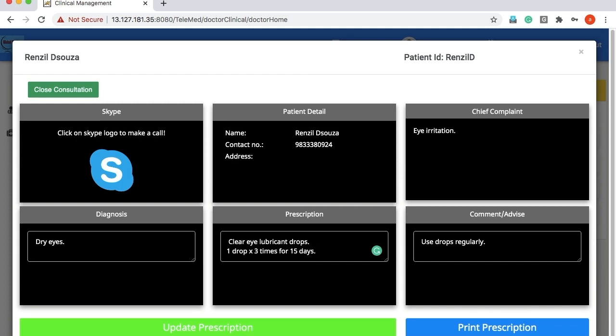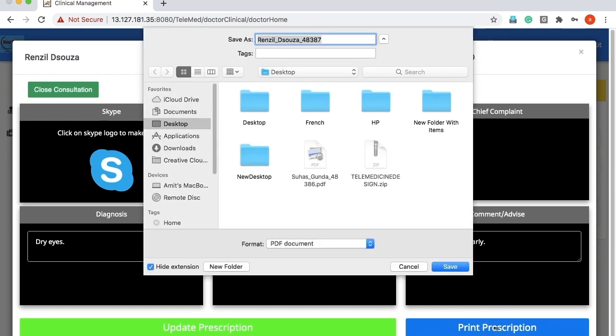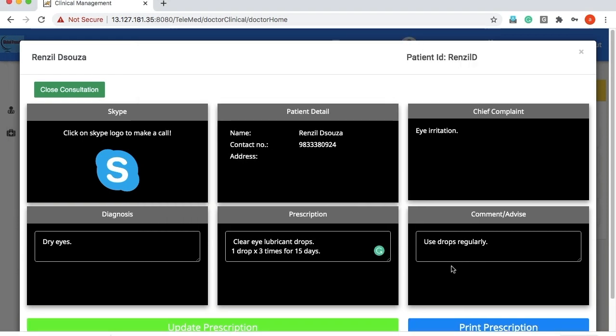The e-prescription is generated by clicking on print prescription, which will be saved to the desktop.